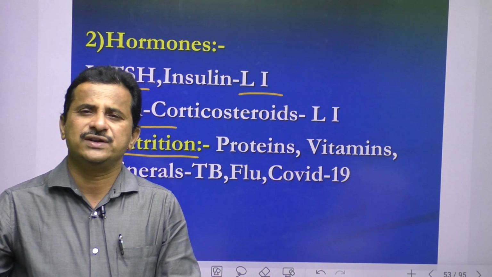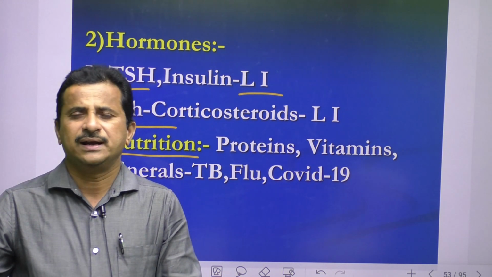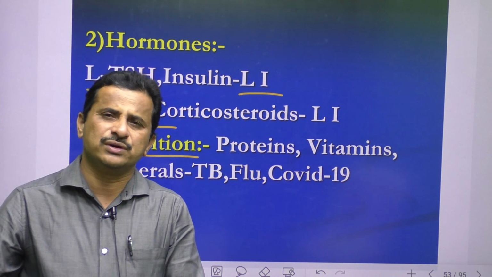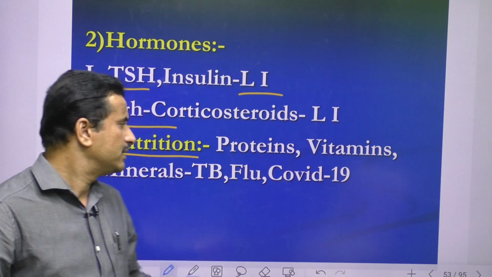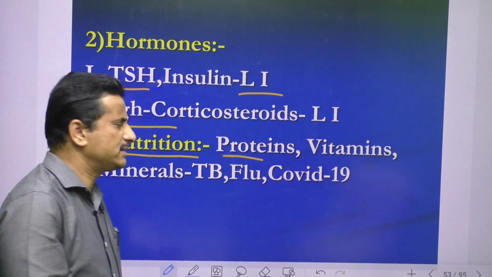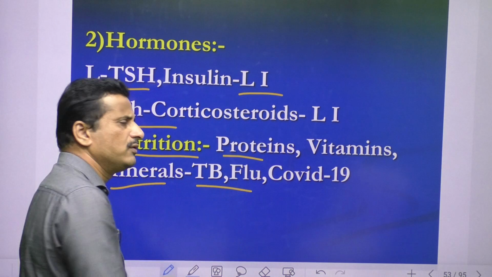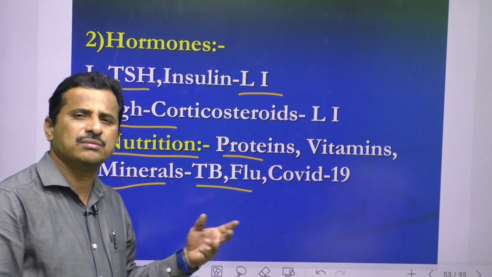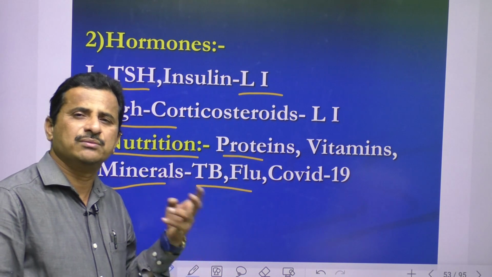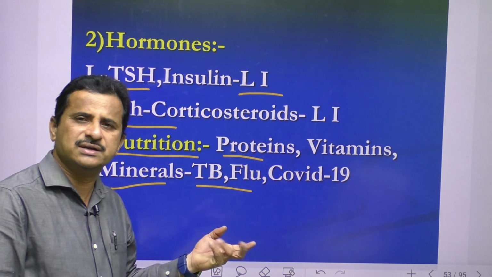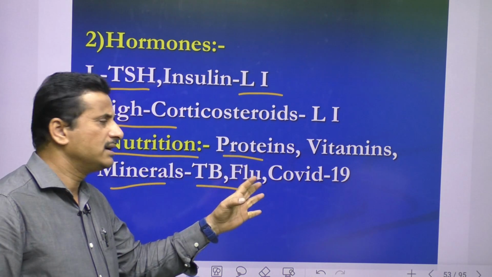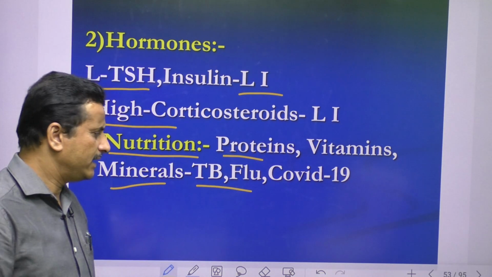Nutrient deficiency also decreases immunity. Taking more vitamins, minerals, micronutrients, and protein increases immunity. So for proteins, vitamins and particular minerals, to reduce TB, flu, COVID, doctors advise taking more nutrients, more micronutrients. Because of the micronutrients, vitamins, and minerals, our body develops resistance, fighting against particular diseases. And next,